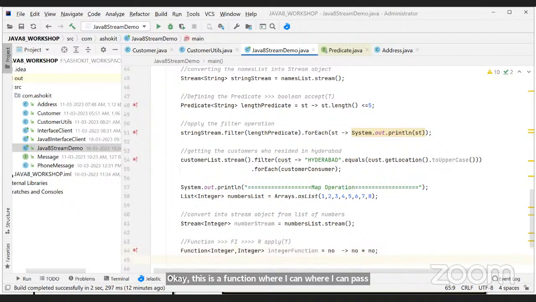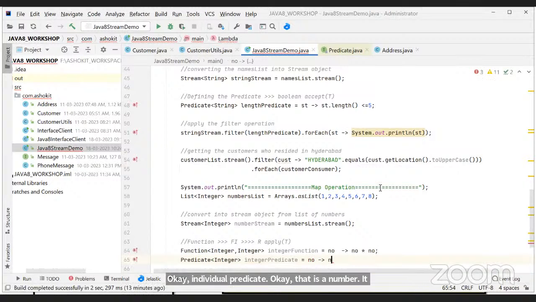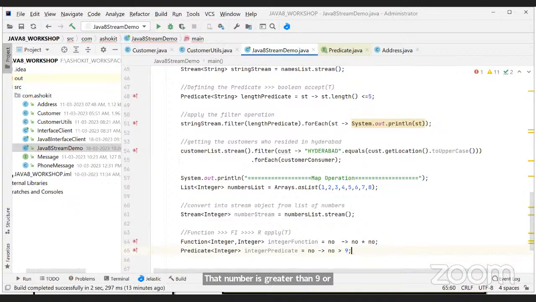And I'm going to build one predicate, an integer predicate, which takes a number and checks whether the number is greater than 9 or not. If it is greater than 9, it will return true. Otherwise, it will return false.